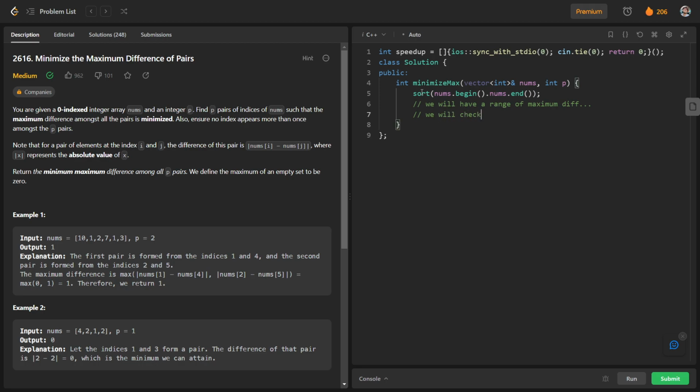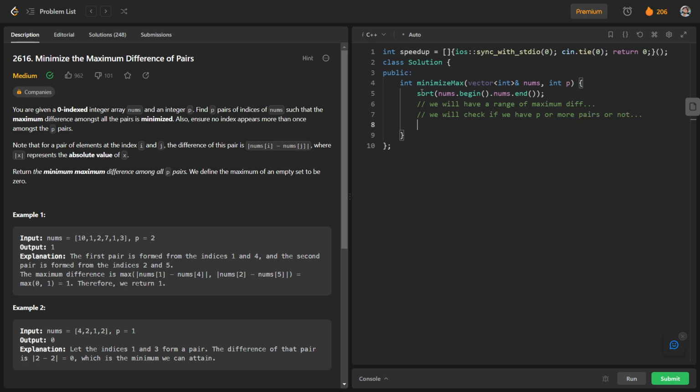If we have p or more pairs, we will store the value of the maximum difference and try to minimize it. Otherwise, we will check for higher values.